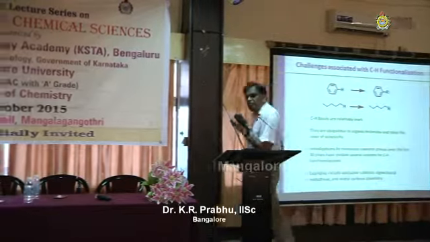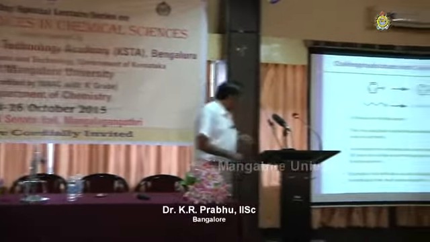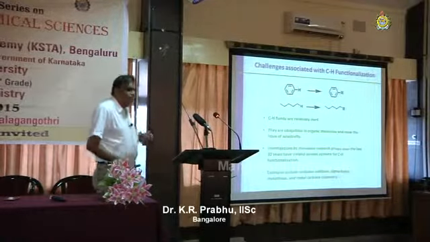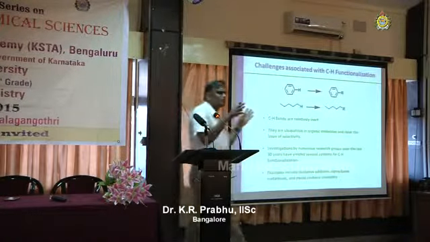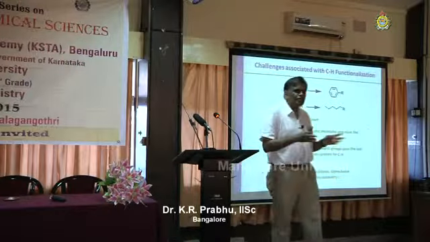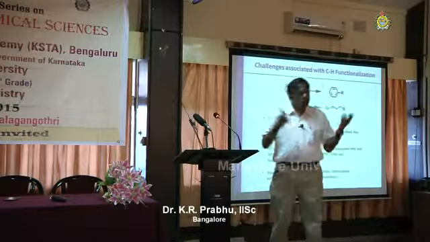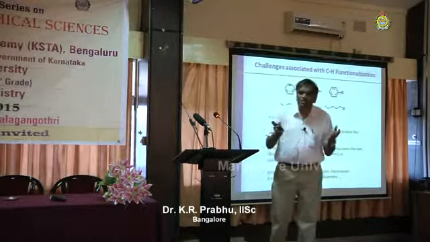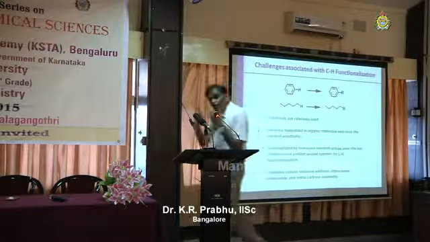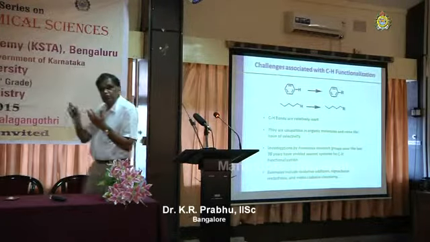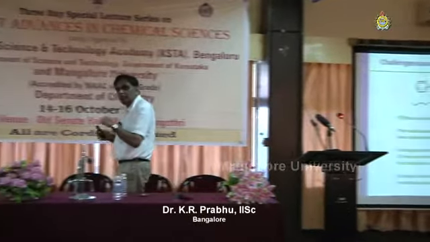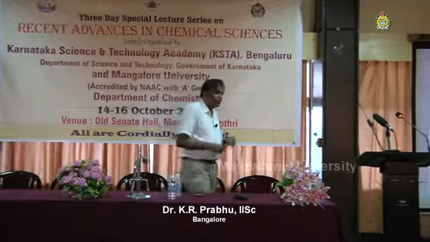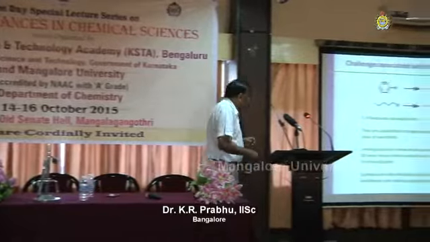So CH bonds are very, very inert, number one. Number two, more than that, they are ubiquitous. Ubiquitous means there are a number of CH bonds. If you look at benzene, toluene, or butane, there are so many sets of them. How do you differentiate? You have to differentiate one CH from the other to specifically introduce a functional group. That is one of the problems. So the CH bonds are ubiquitous. There are so many hydrogens over there.